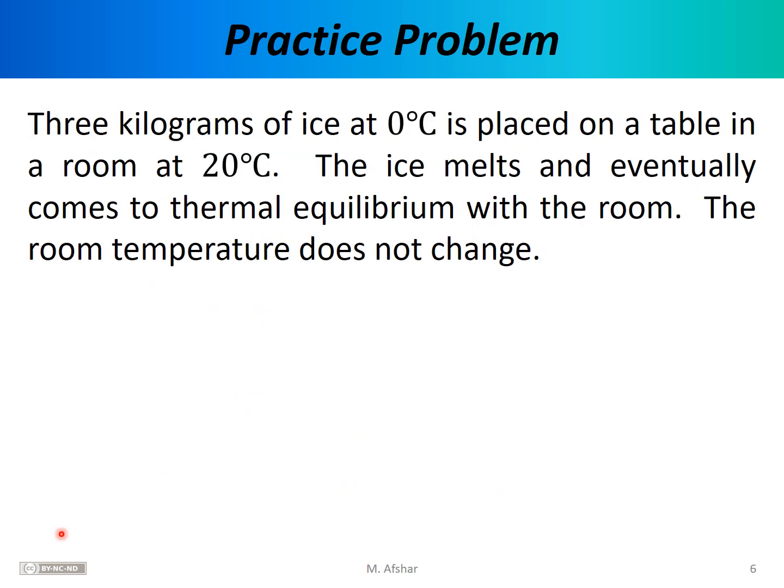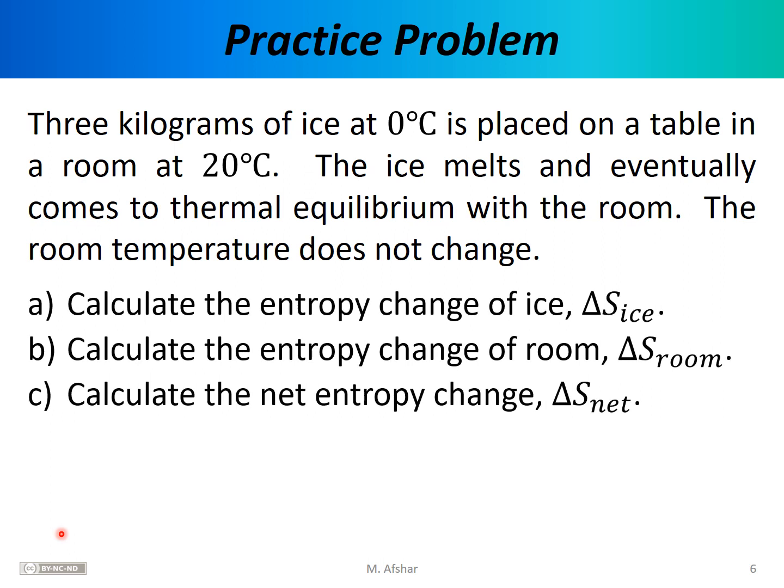Let's end this lecture with a challenging practice problem. 3 kilograms of ice at 0 degrees Celsius is placed on a table in a room at 20 C. The ice melts and eventually comes to thermal equilibrium with the room. The room temperature does not change. Given this information, calculate the entropy change of the ice, calculate the entropy change of the room, and finally calculate